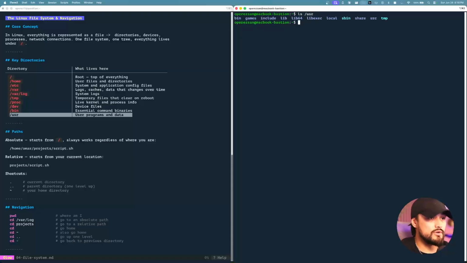So if you do user, you can see sbin here, and then a lot of your programs that you will be running, or source or temp files that you can create within this user directory. And that basically runs through a good amount of directories that live within your root system and that you should know of when working with